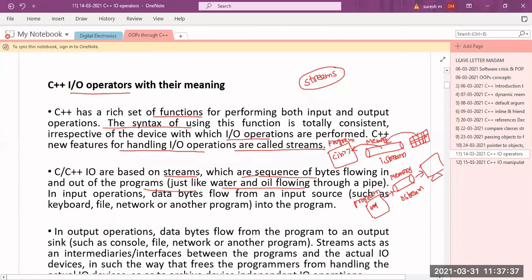Whenever I write cout something, before it is displayed on the monitor, the data will first be stored in this memory, that is nothing but a sequence of bytes, which is the OStream. From this OStream, the data will be displayed on the monitor. So the advantage is that I am not directly interacting with the keyboard or the monitor. In between, I have this. This makes the streams device independent. Hope you got it right? All of you got it right?